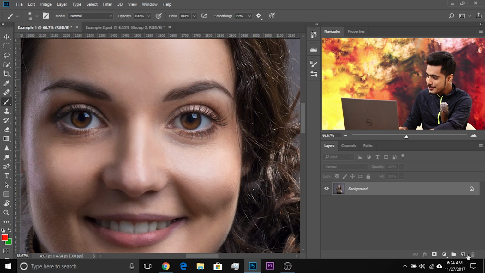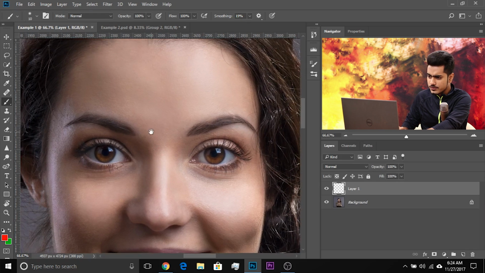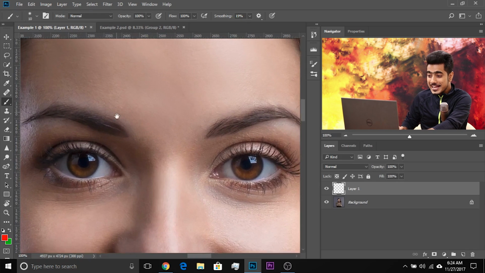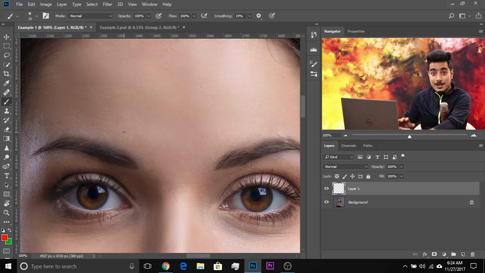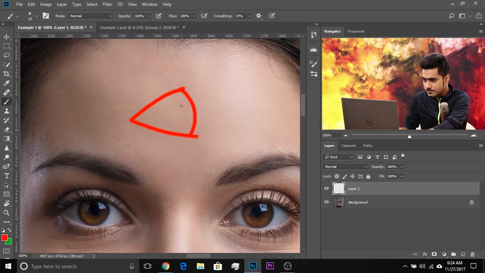If I go ahead and create a new layer, let's look at the construction of the eye so that you can understand what's actually happening over there. Let's zoom in quite a bit, and this is just for demonstration purposes. I'm not drawing her third eye. So suppose the eye is this, right? So the eye looks like this from the side. So this is the eyeball, this is the eye, and suppose this is the eyebrow. This is how the eye looks. Not exactly like this, but you get the idea.